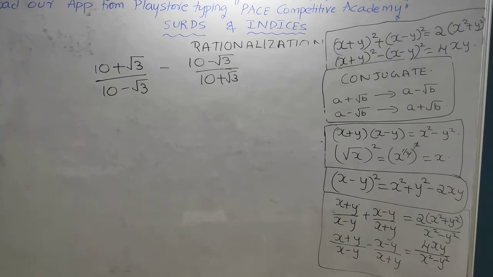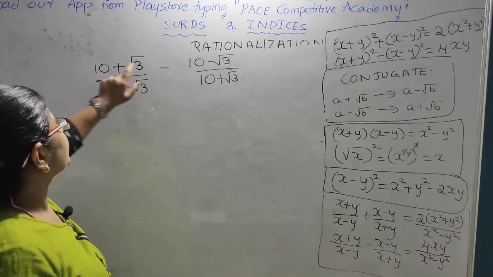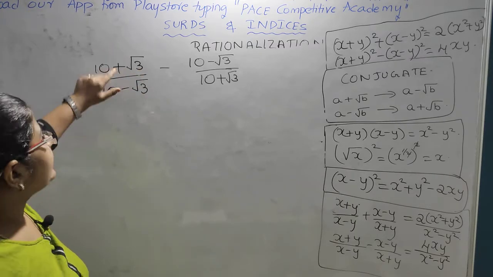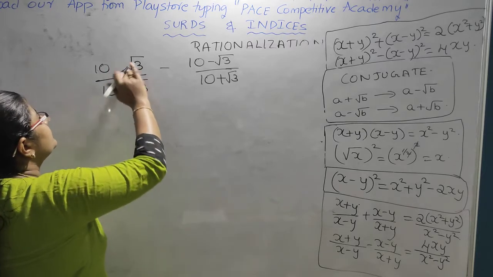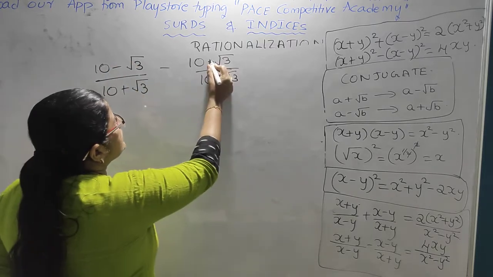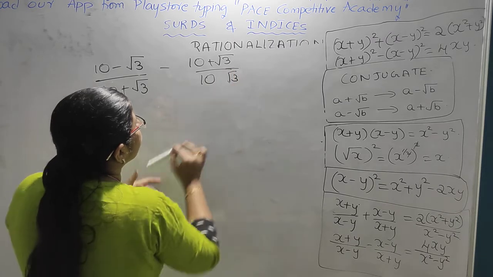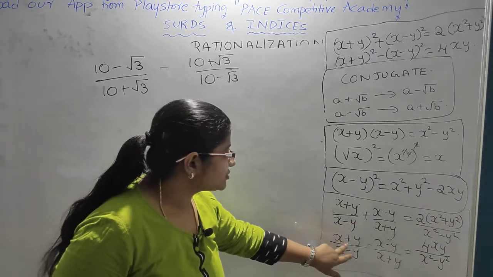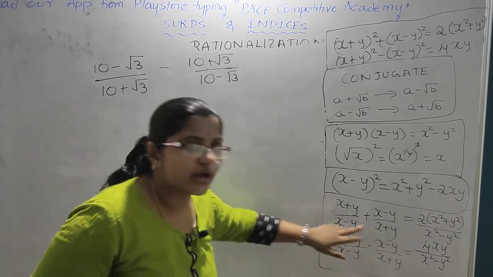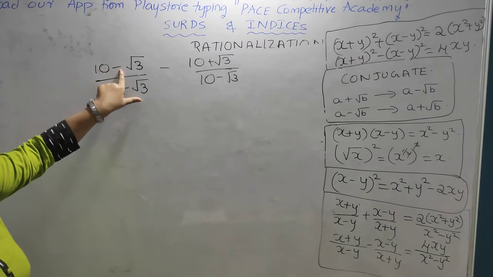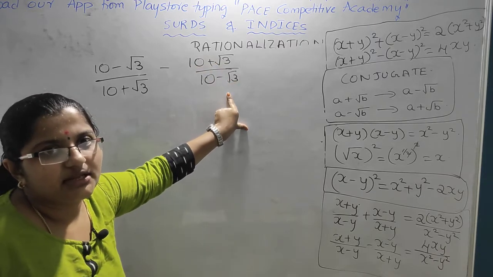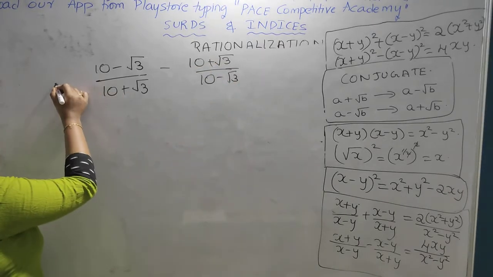By applying the same shortcut we discussed previously: in between, if minus is there, remember, it should be plus in the numerator in the first term. If minus plus minus is there, then you need to take minus as common, because you know the shortcut for x plus y. The first term should have the plus symbol here and the minus symbol here, and the minus symbol here, plus symbol here. So you need to take minus common.